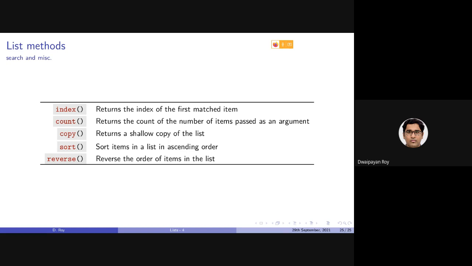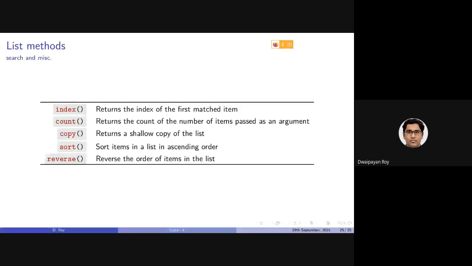And while searching and other important functions, we have discussed index, which returns the index of the first matched item. Count returns the number of times an item is present in a list. Copy, to copy the content of a list in the correct way. And we have also discussed sort and reverse.